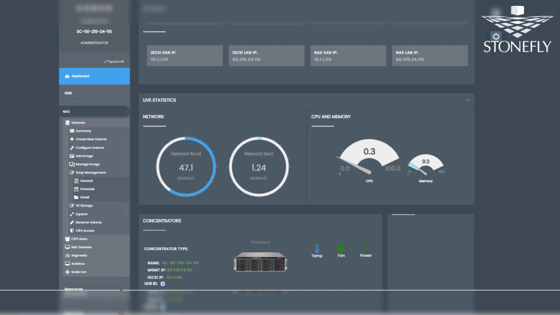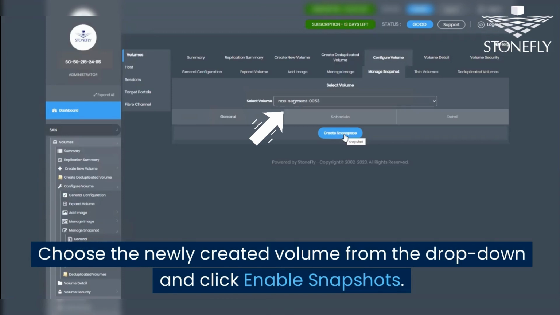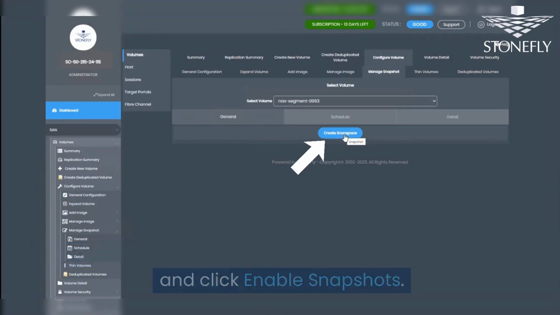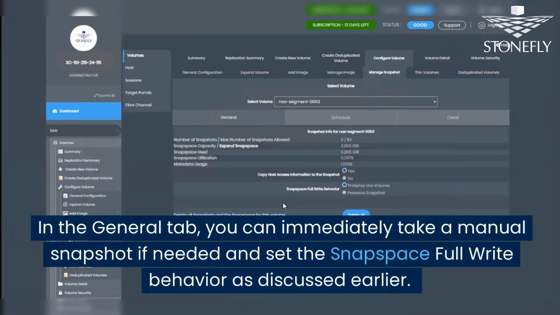Now, let's proceed to create the snapshots. Go back to the NAS tab, select Volumes, Summary, click Snap Management, and then General. Choose the newly created volume from the drop-down and click Enable Snapshots. In the General tab, you can immediately take a manual snapshot if needed and set the snapspace full write behavior